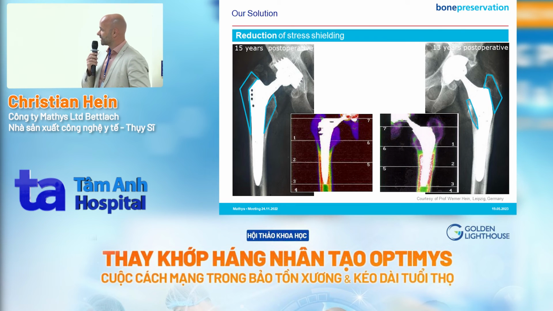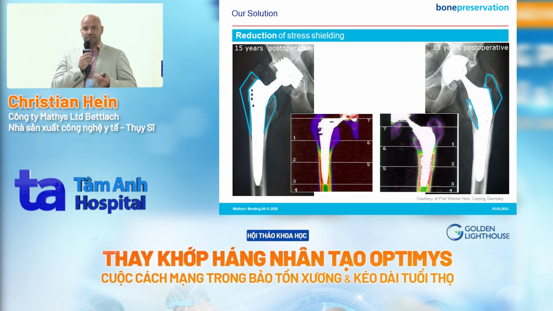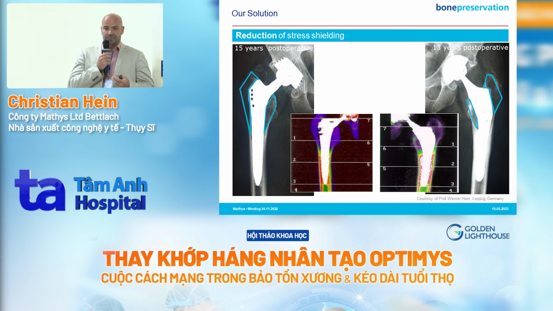On the stem side, we have been talking about straight stems, and we were talking all the time of proximal or distal fixated stems, but by the end, it's all about primary fixation. All the straight stems do have stress shielding in the proximal region, what you can see here on a distal fixated stem, so a Wagner prosthesis, or on a proximal fixated stem, which still has the stress shielding in